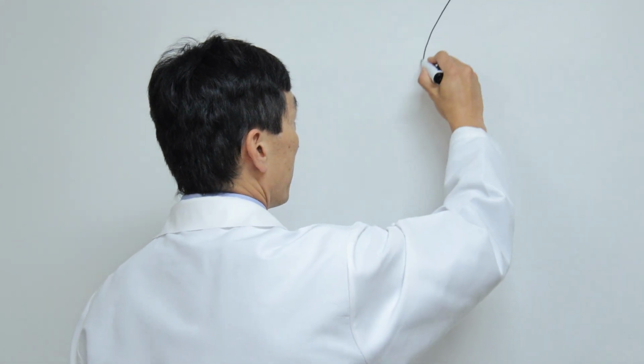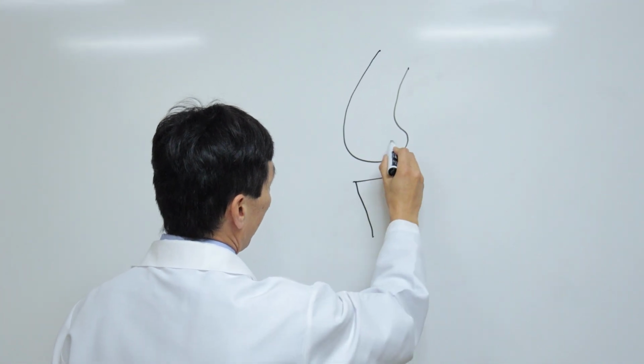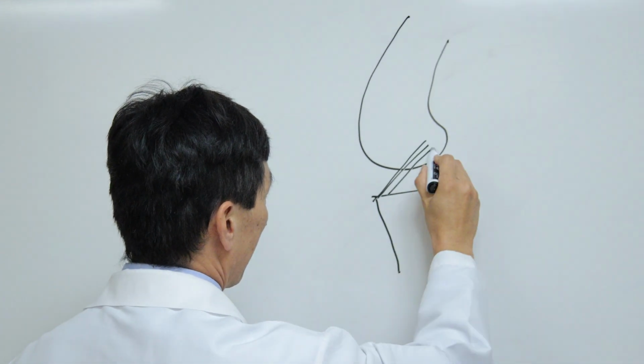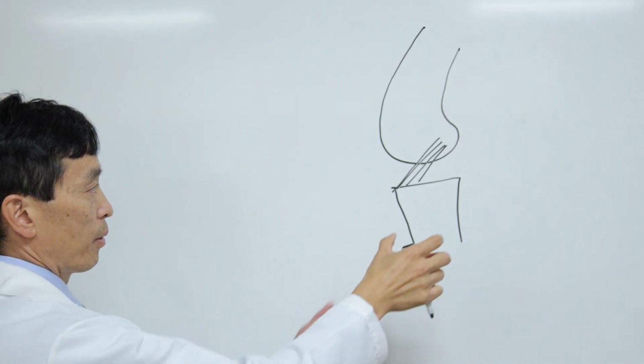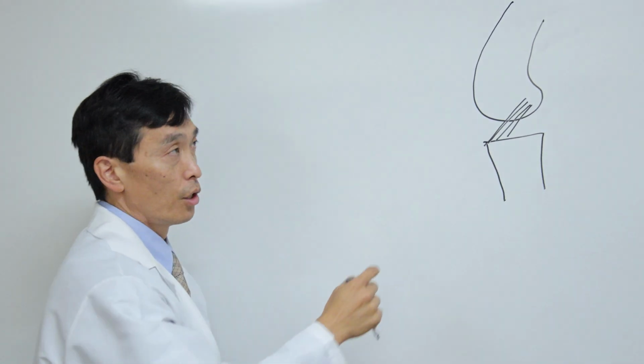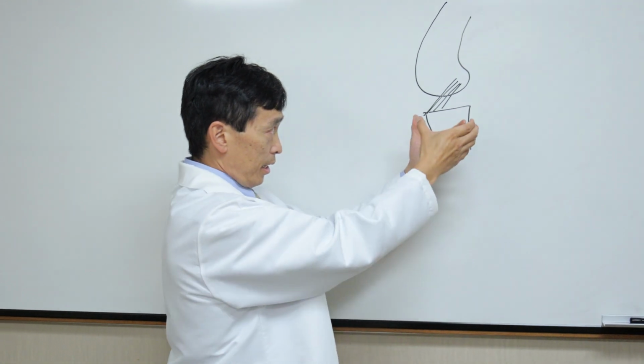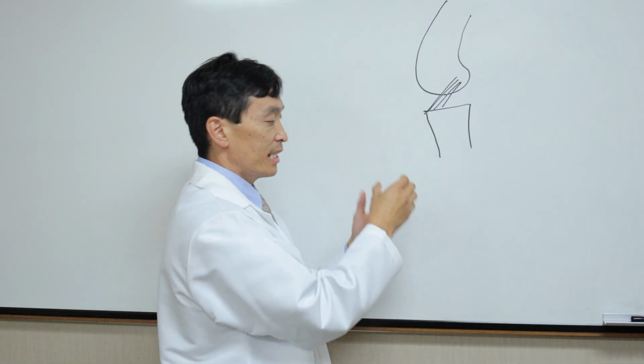Next, I would like to talk about anterior cruciate ligament, or ACL, injuries. The ACL is one of the 4 major stabilizing ligaments of the knee. When we look at the knee in profile, we see the ACL comes in like this. It helps prevent anterior translation of the tibia relative to the femur. When the tibia translates anteriorly,